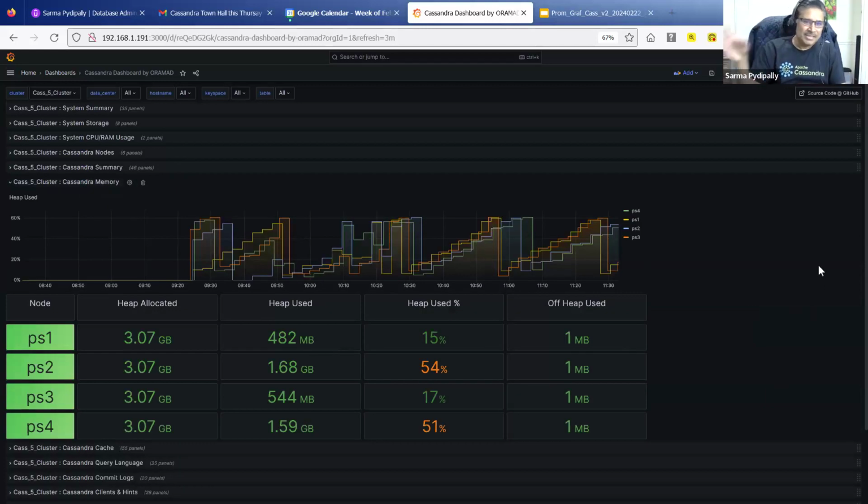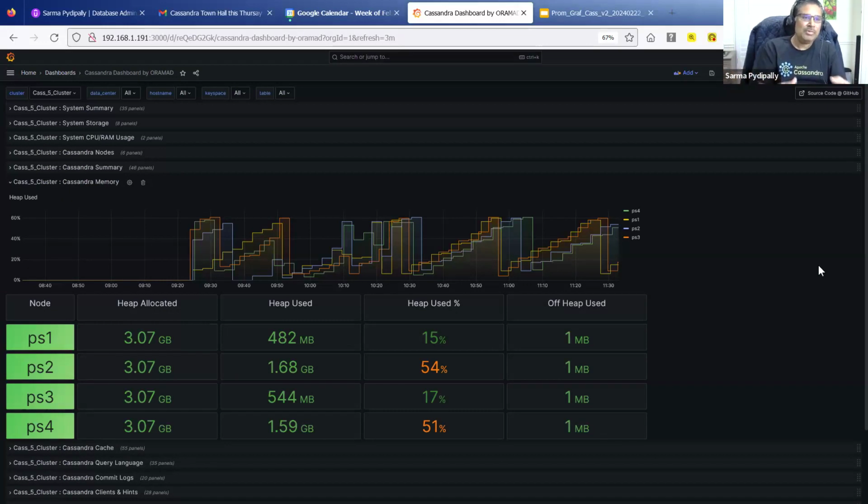This is the Cassandra memory. So heap memory, basically we have our heap objects. All the memtables by default are configured to go into heap. And also you can see the garbage collection happening. What I do in this view is I show you what is the heap allocated and what is the used. And then also there are off-heap objects.